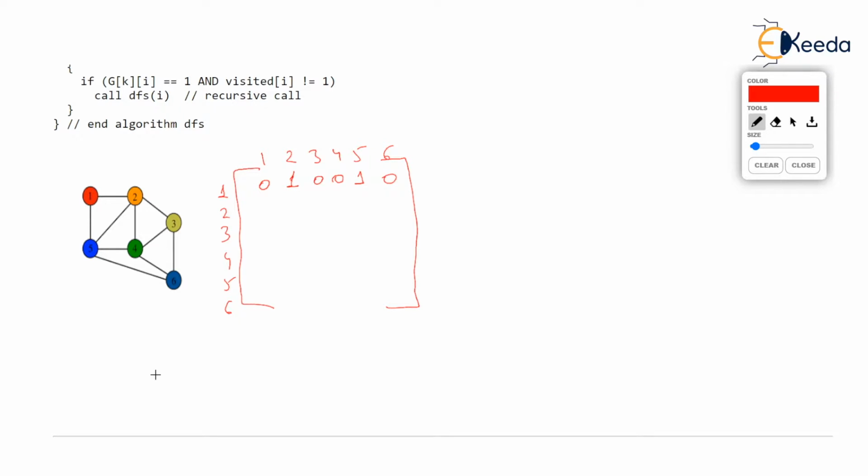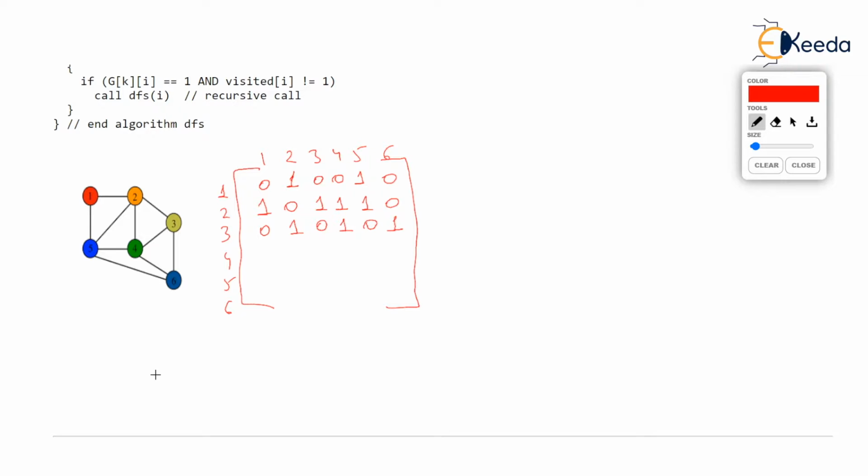The second row: 2 is adjacent to 1, 2 is not adjacent to 2, 2 is adjacent to 3, 4, 5, but 2 is not adjacent to 6, and so on. The third row: 3 is not adjacent to 1, it is adjacent to 2, 3 is not adjacent to 3, yes it is adjacent to 4, not adjacent to 5, adjacent to 6, yes.